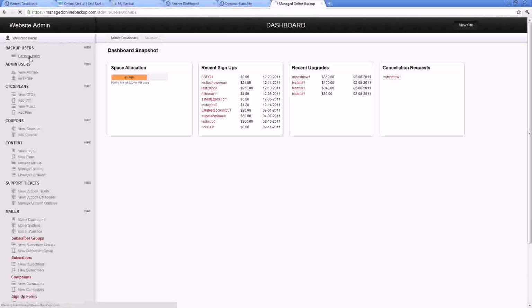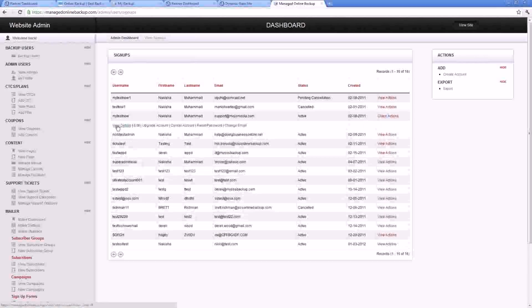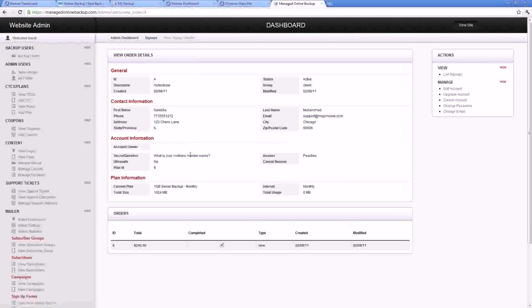I have my backup users tab here. So it runs through a list of all my users, and I have different actions where I can view the details of their account, which includes things like contact information, secret question and answer information if you need to recover their password. You can also just reset their password, unless, of course, it's logged as